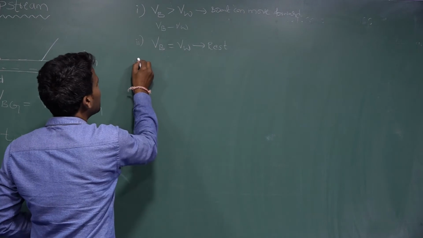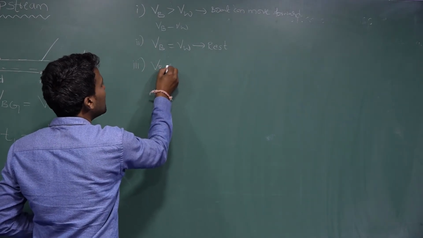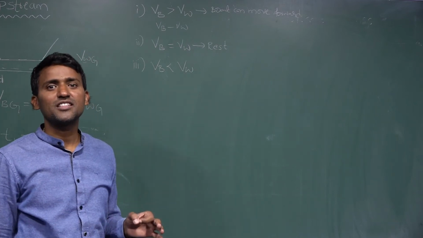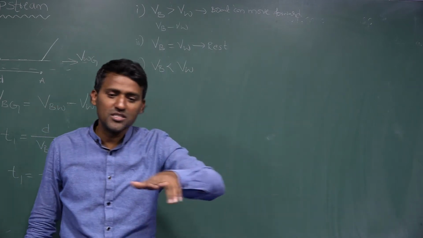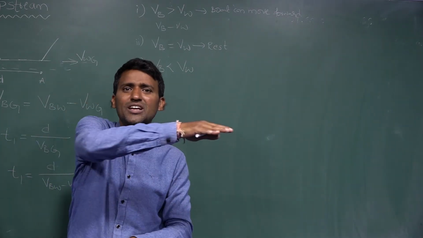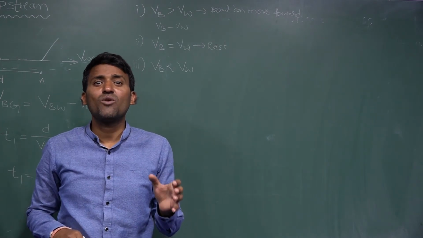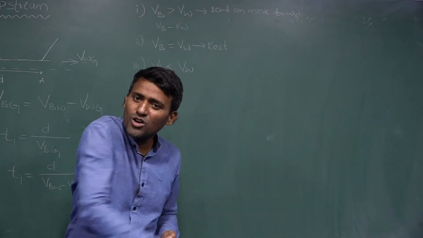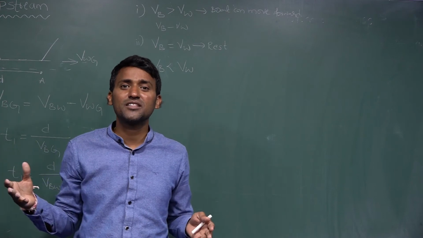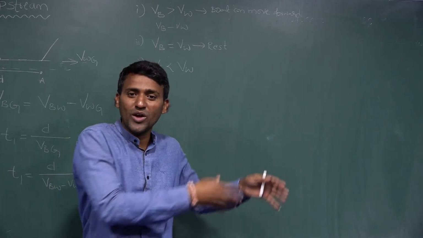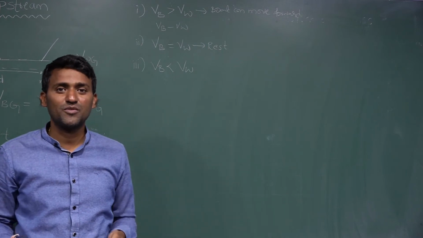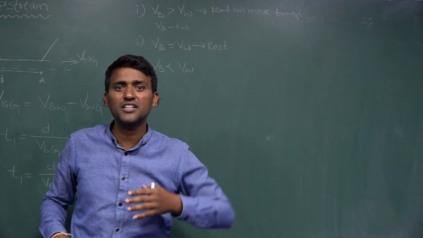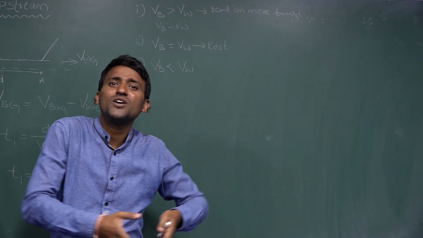And the third situation I am writing here: if the boat velocity is less than the velocity of the water. See here, the water flows along this direction. If the boat is going like this, and the velocity of the water is more than the velocity of the boat, the boat will move along with the water. When floods are coming, the boat and houses will move along with the water flow. Same for a person swimming inside the water: if there is more water flow, he will travel along with the water.